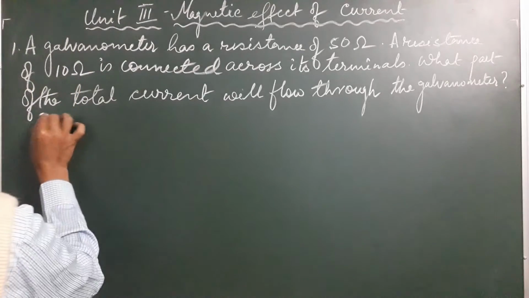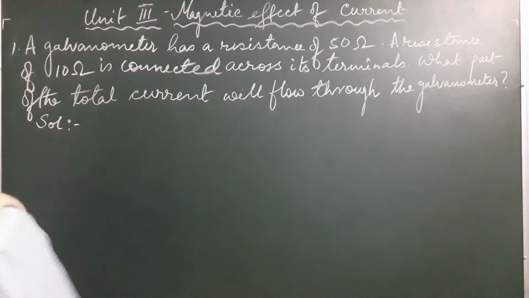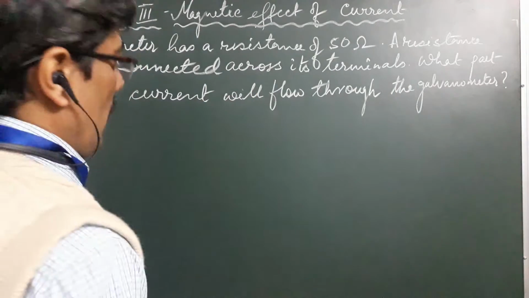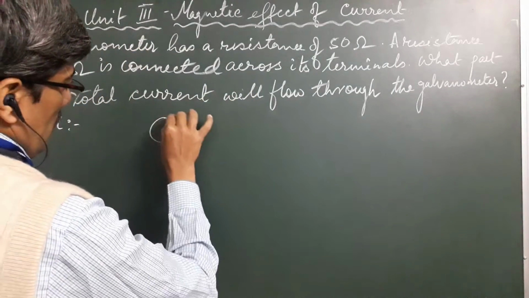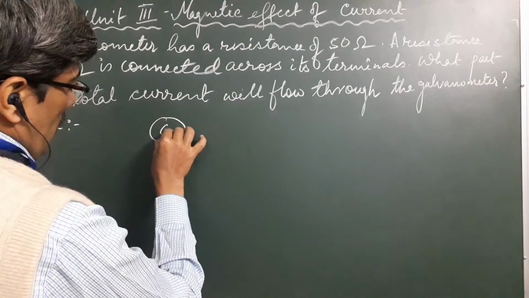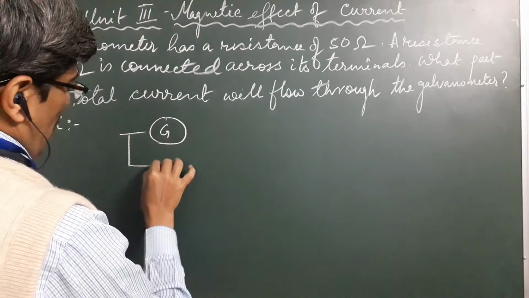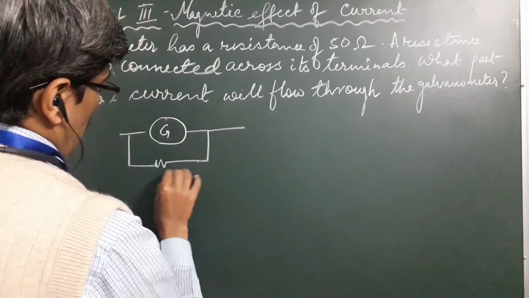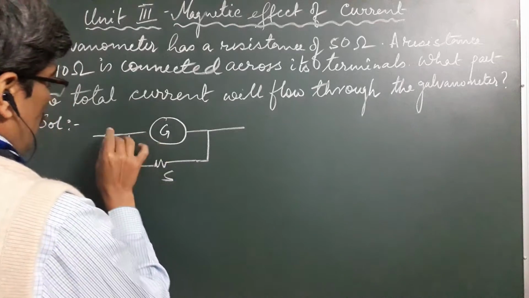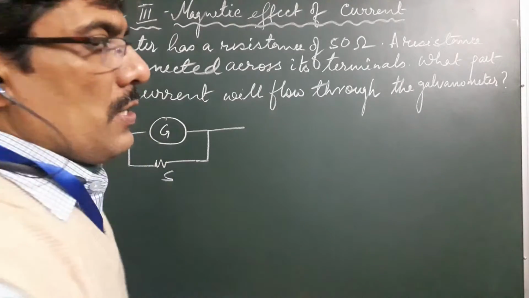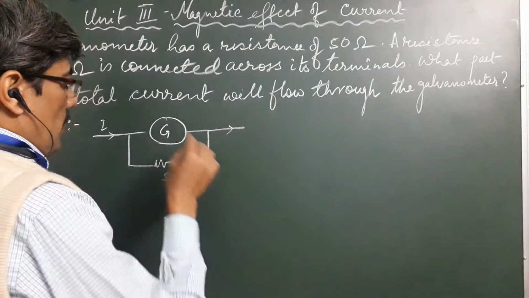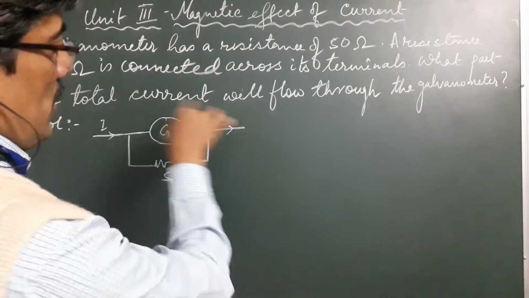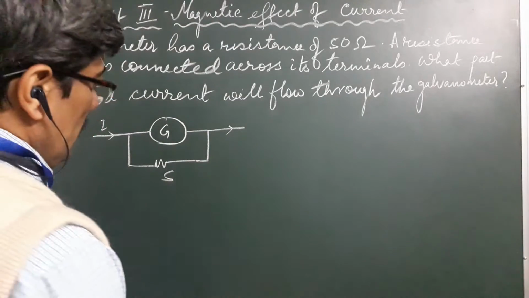Let's solve this. Now, all of us know whenever a galvanometer has a resistance connected across, this is the diagram. Either you can draw it above or you can draw it below. That means this is a cross. Most of you know this to be a shunt. It's called a shunt. Suppose the total current through the galvanometer and this shunt taken together is I, and let